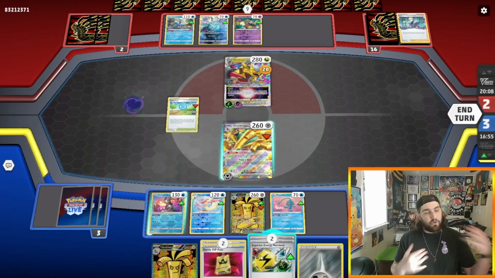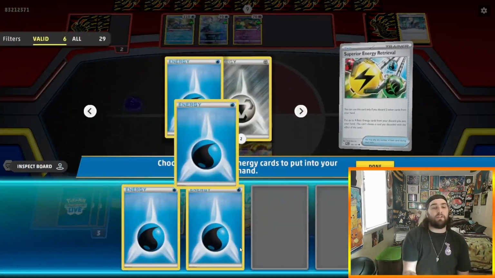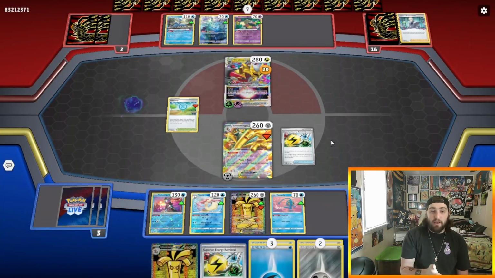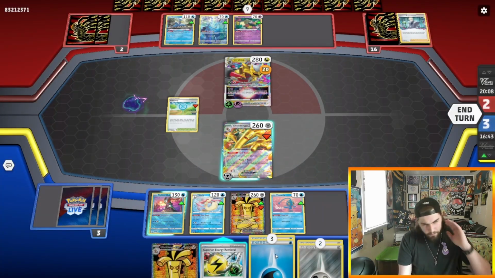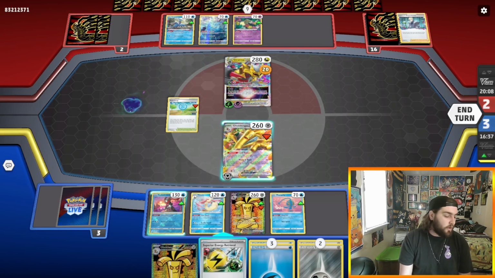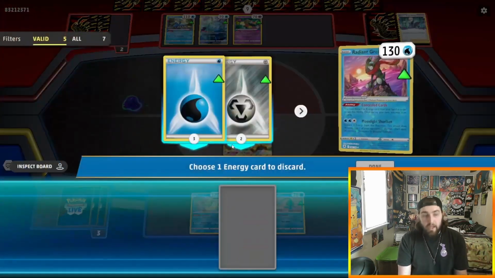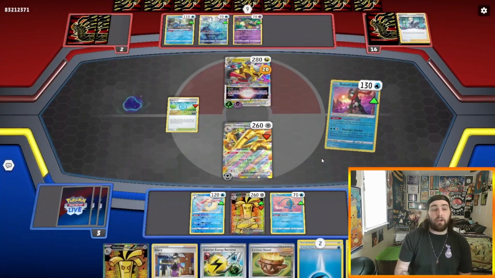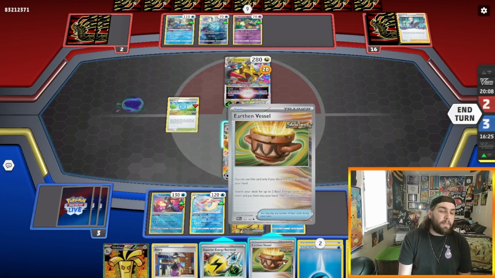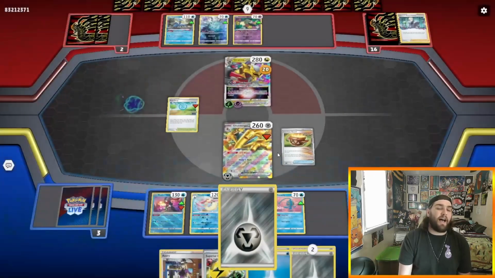have 2 Spirit Energy Retrievals, and I need to hit 300 damage on this Giratina V-Star to be able to KO it with my Gholdengo. So we are going to be able to conceal cards still here. We got Spirit Energy Retrieval to be able to discard the Gholdengo and another energy to get more back into our hand. So in this moment, I play Earthen Vessel, and I probably shouldn't have, because I only had 1